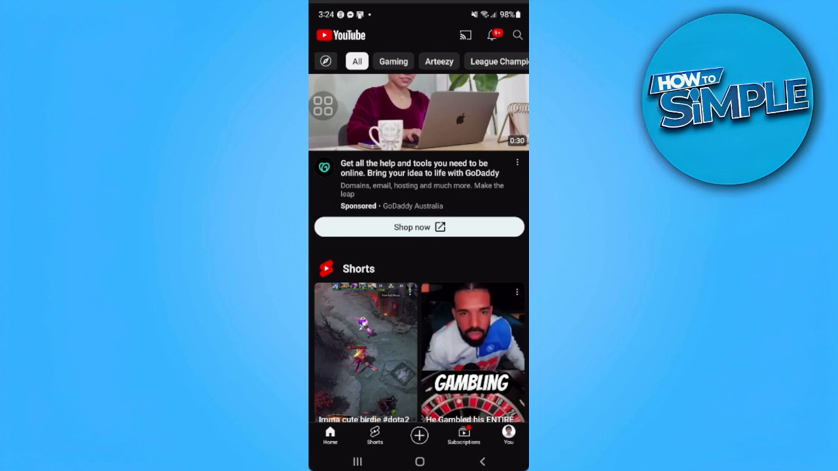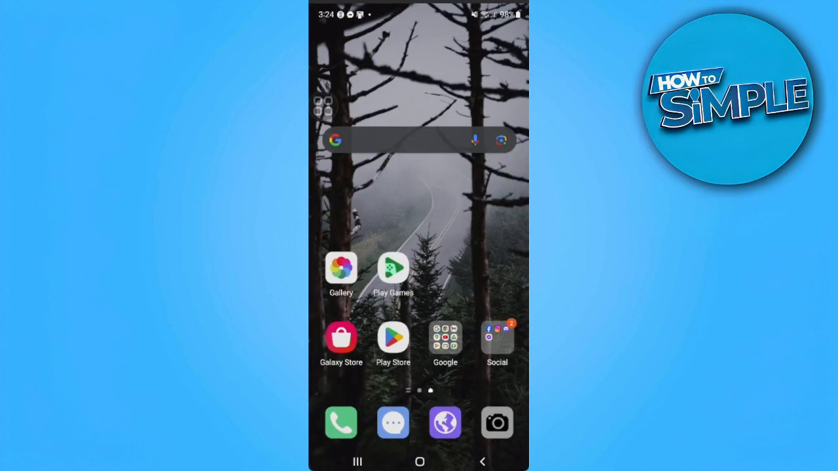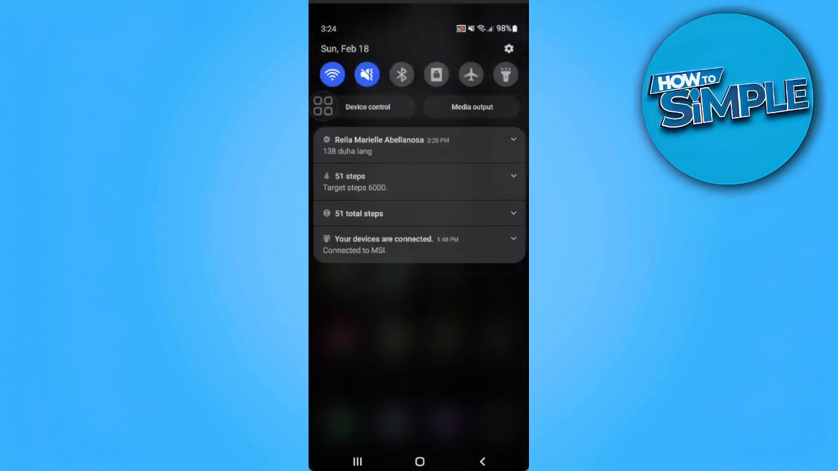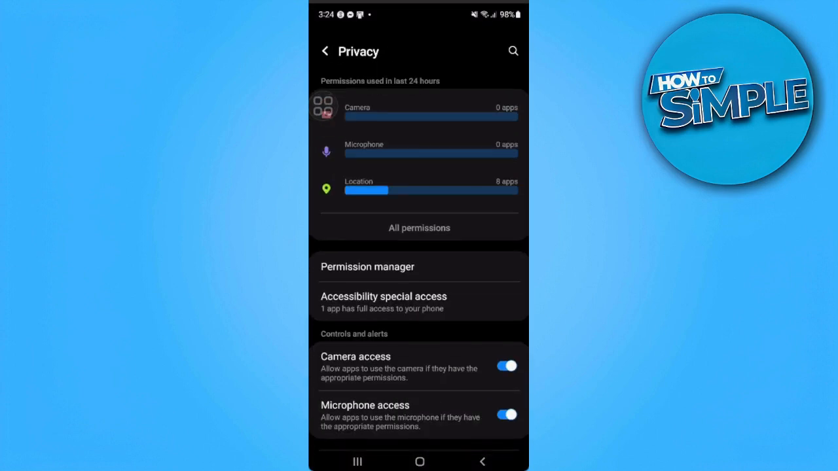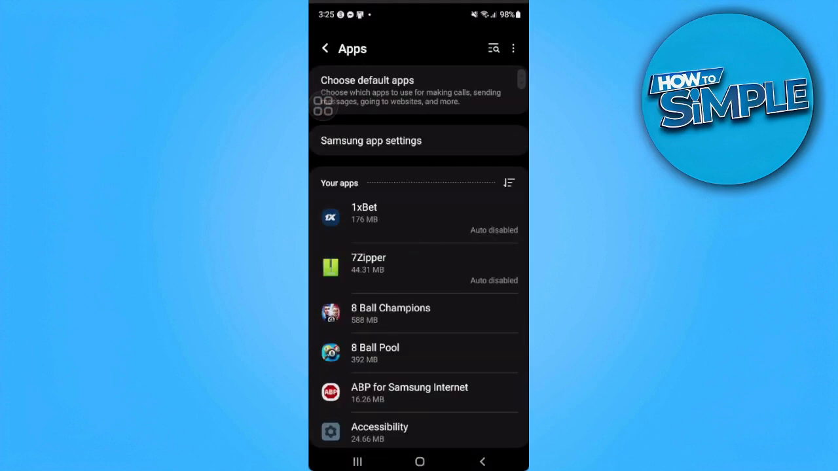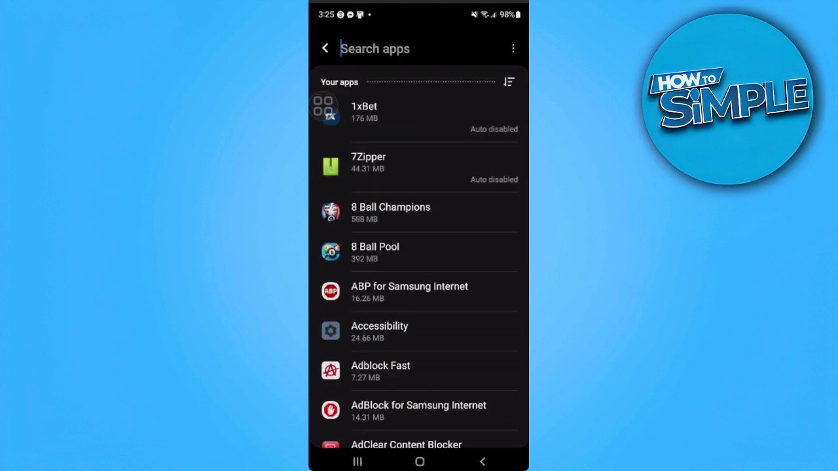But if you still want to see that library option on your YouTube, what we can do is close the app and go to our phone settings. So let's open our phone settings and simply go to our app settings. Right here in our apps, just simply search for YouTube,